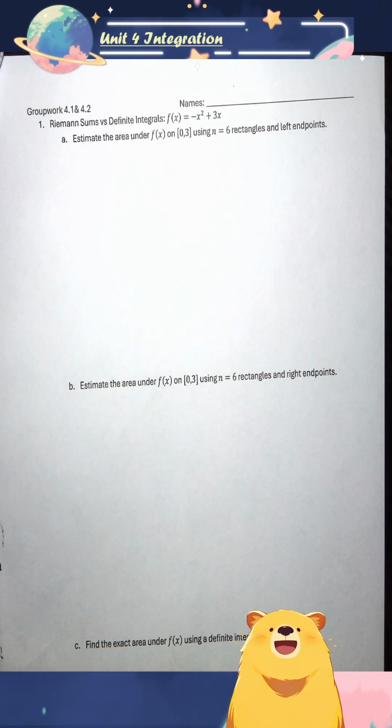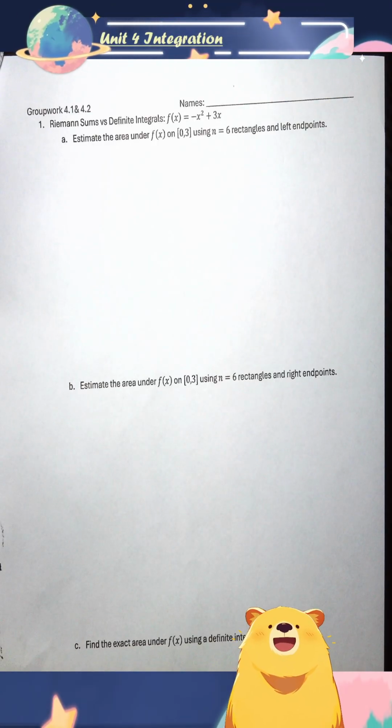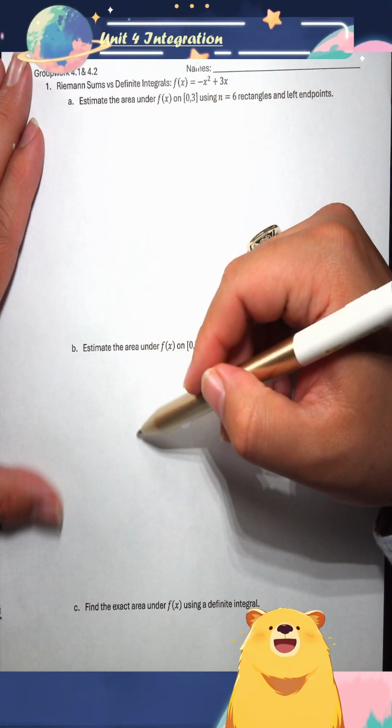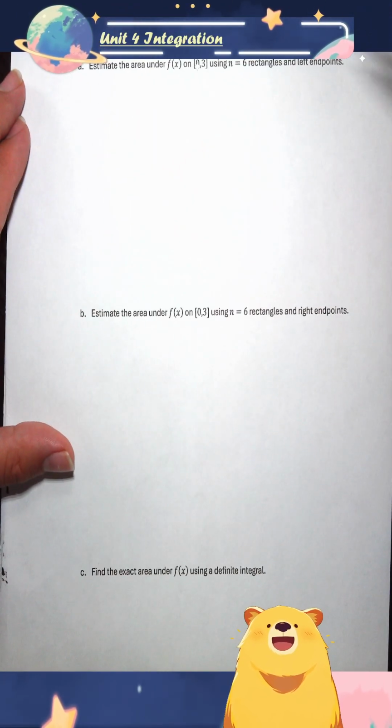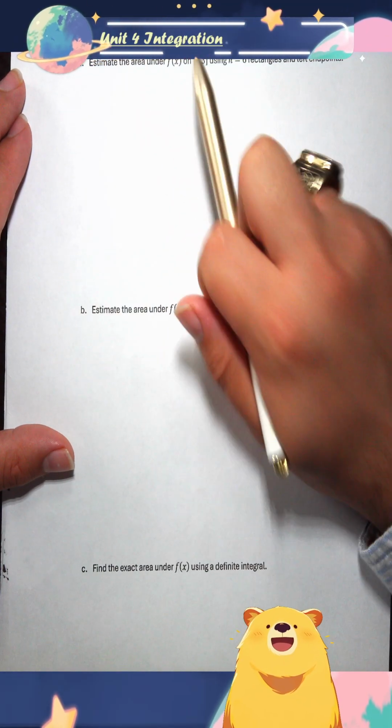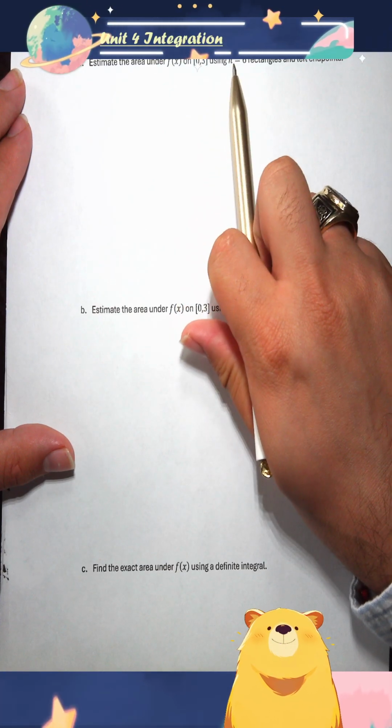So this is the Riemann sums versus definite integrals for this f of x function. This is our review of 4.1. This will do 4.2. It says estimate the area under f of x on 0 to 3 using 6